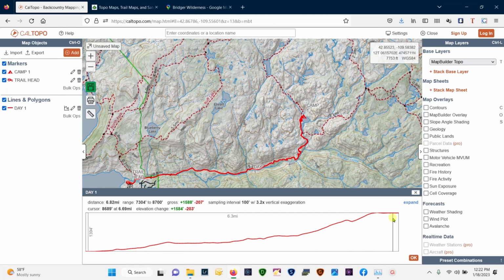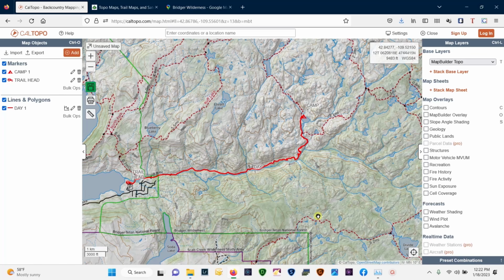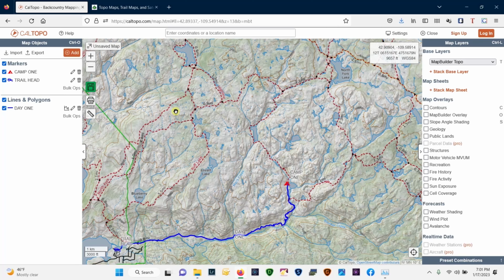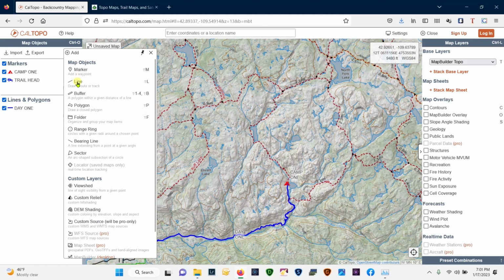That's along the lake. It's pretty flat. So that's not too bad. That's not too bad at all. So I'm going to click OK. And now we've done Day 1. Okay, we're going to put in Day 2 now. So go back up here to add a line,